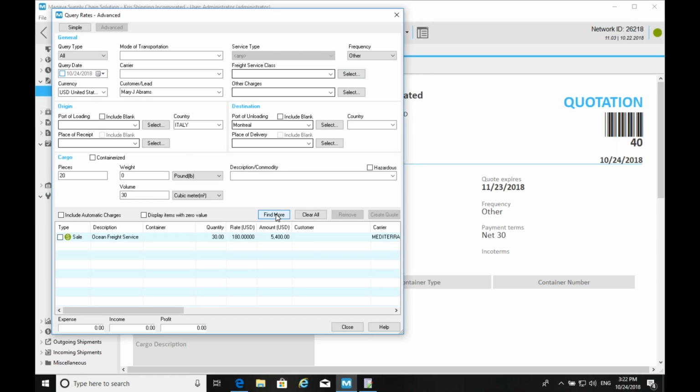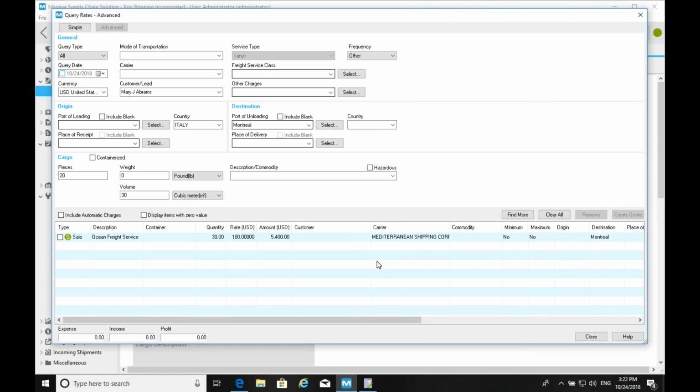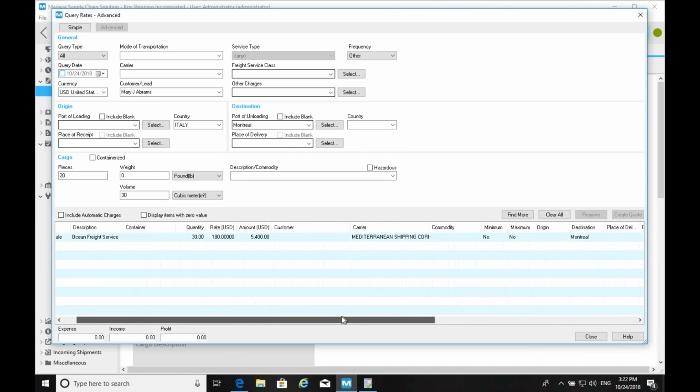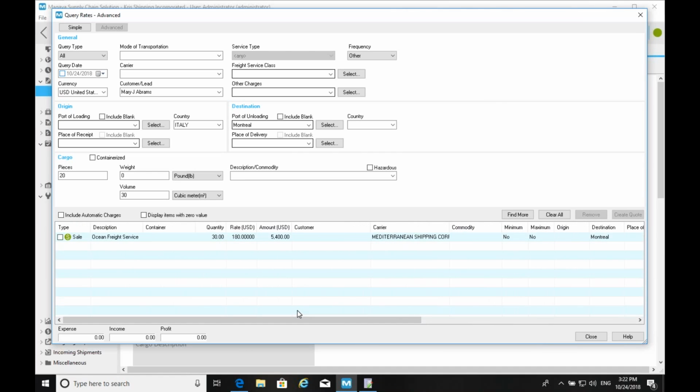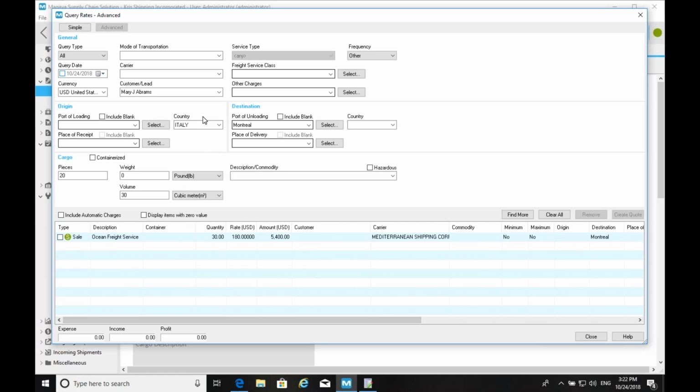Okay, so it looks like I have a generic, and by the way, those of you that have big screens, this should actually be dragged like this so you can use all these columns, and you can add even more, so you can sort this and filter this by a lot of these columns. Okay, so it looks like I have MSC offering me, well, this customer, actually, this is my sale rate, 5,400. That seems a little expensive. They say, okay, can we do something better?